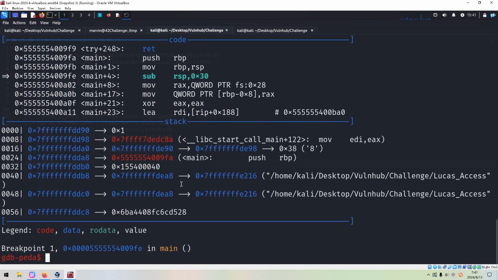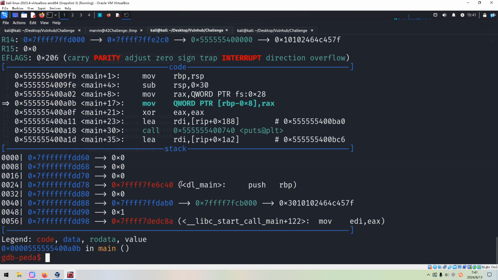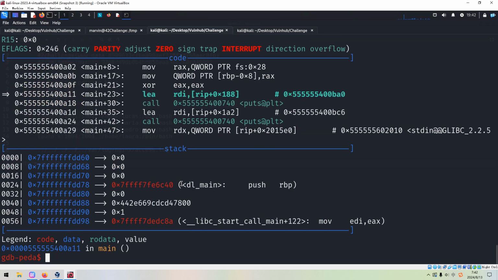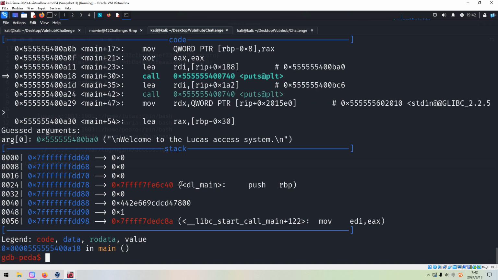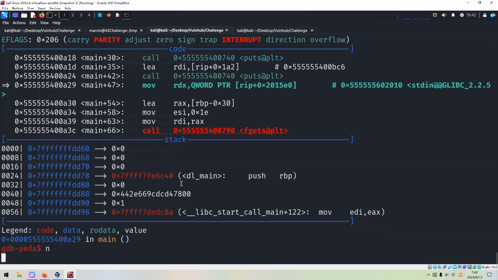And we need to find the password from this assembly code. Nothing there. Nothing there. So many steps.